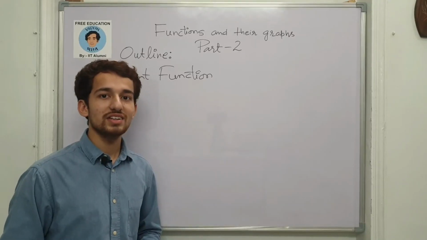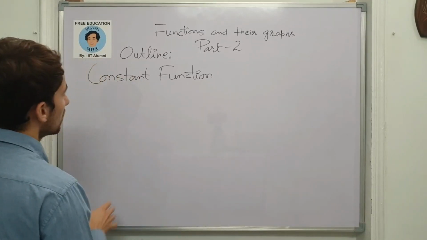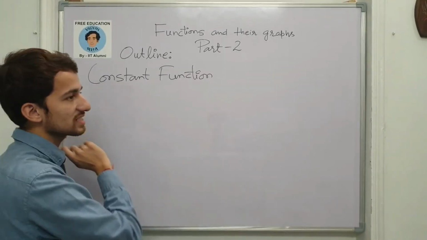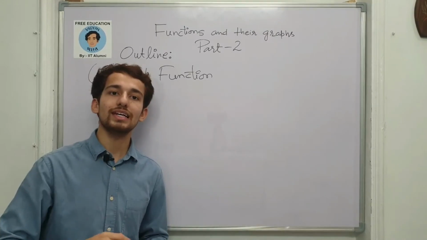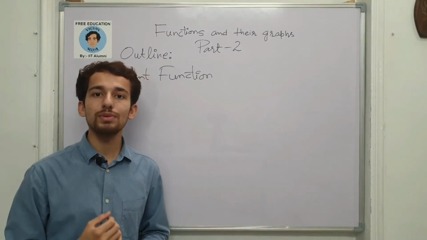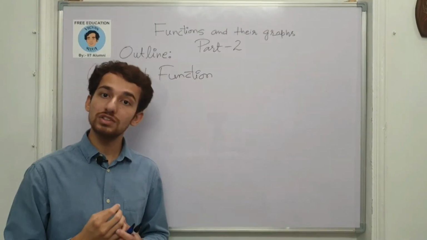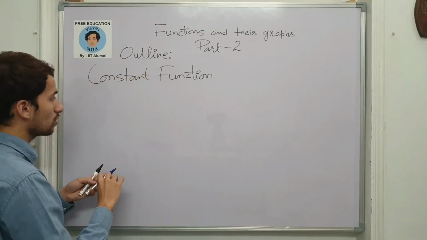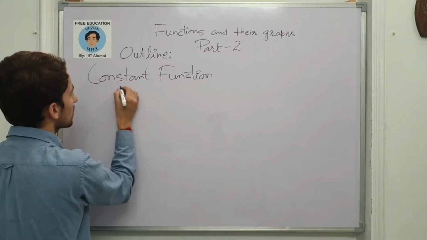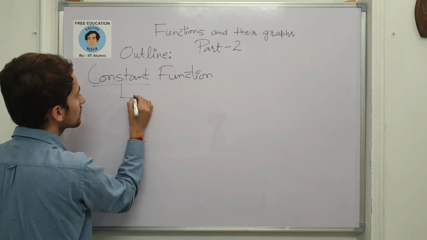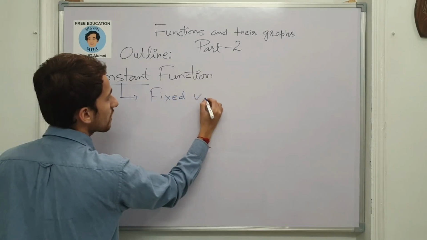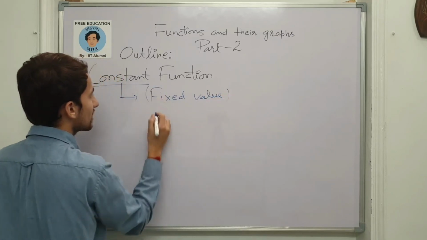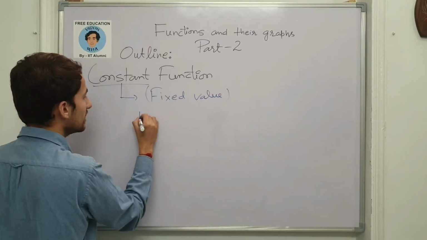Let's now try to understand what is a constant function. So the first keyword itself suggests constant. What it means basically is, whatever the input you are giving to this function, the output is a constant value. And what is this constant? That is something which is fixed, a value which is fixed. So let me call this fixed value, suppose, k.